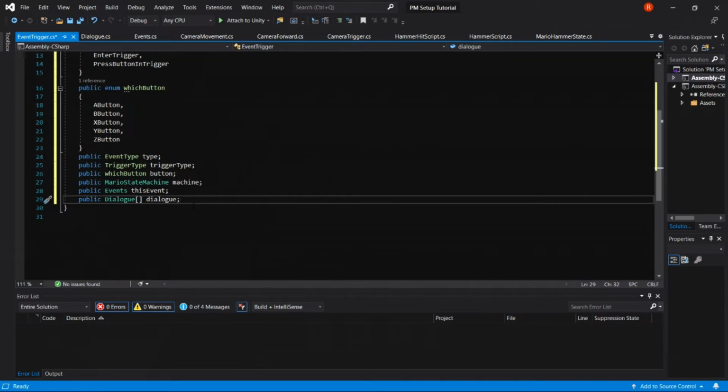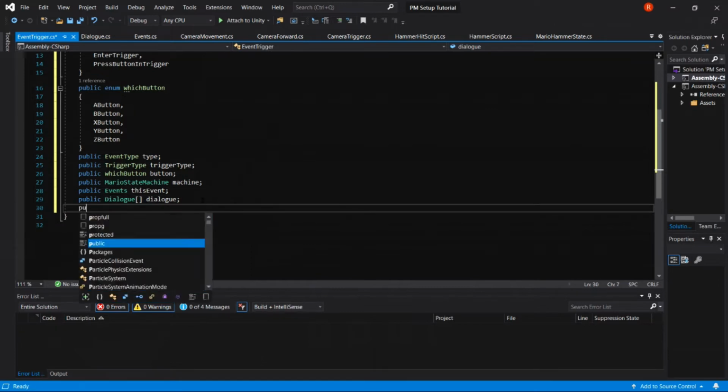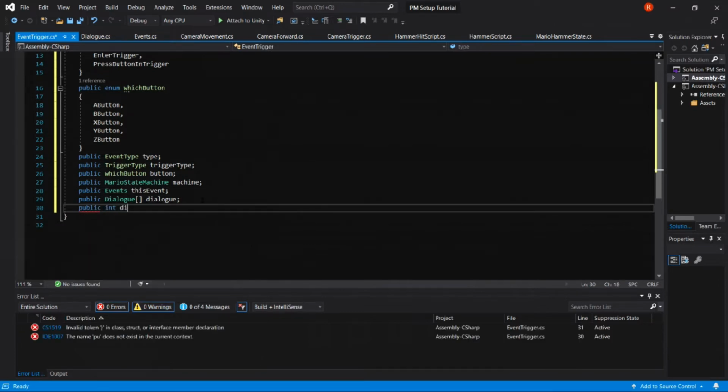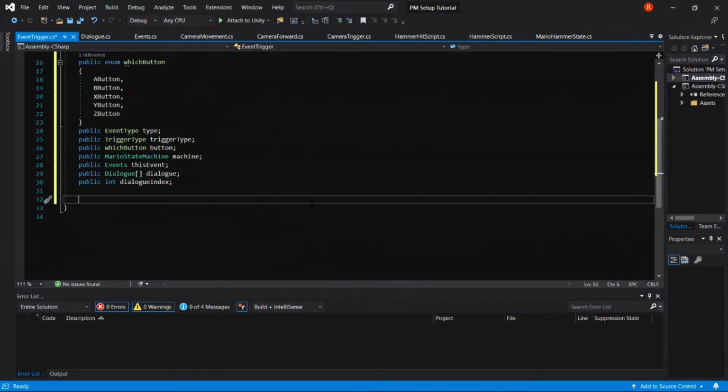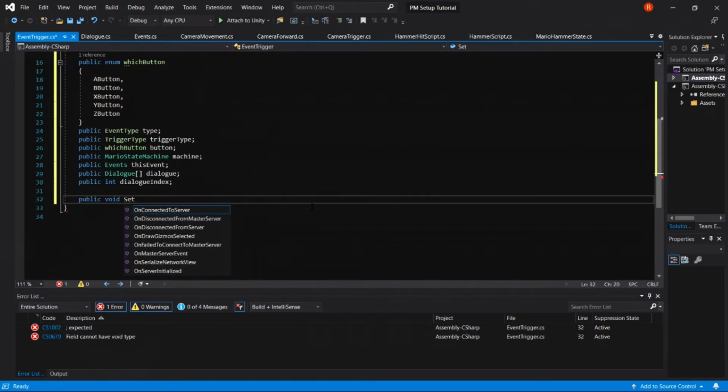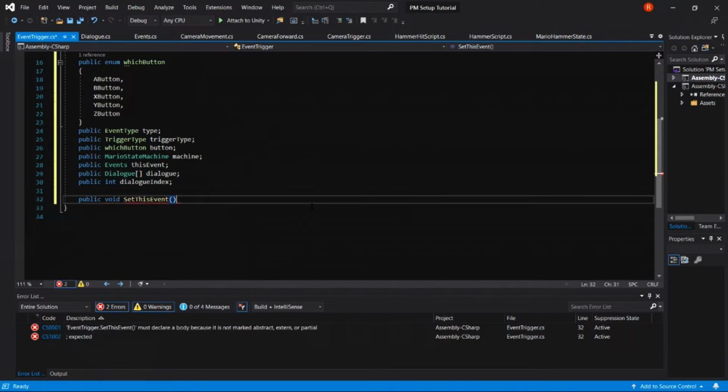But we can use one dialogue if only one character is speaking. And last, we're going to say public int dialog index. So if we have multiple dialogues in this list, we need an integer to keep track of which one we're currently on. After this, we're going to say public void SetThisEvent, and then parentheses, curly brackets,